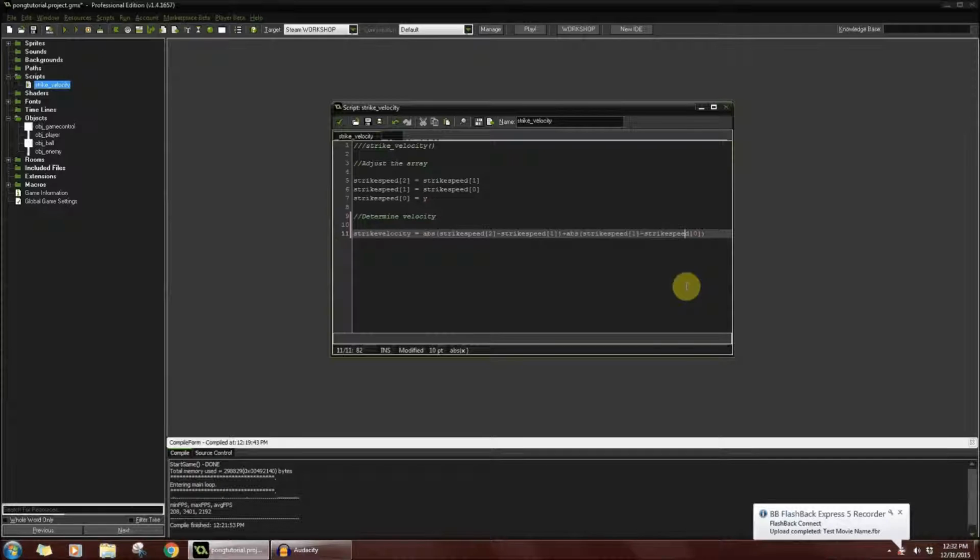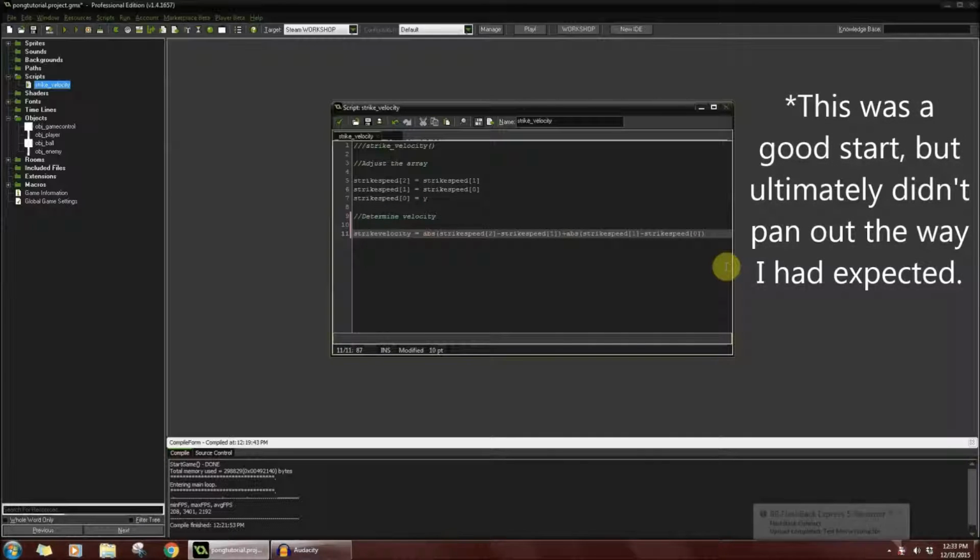So what this will do is determine how far away 2 and 1 were and add that to how far away 1 and 0 is. So you can build up some good velocity there. And so strike velocity is now our variable here, but it's also our